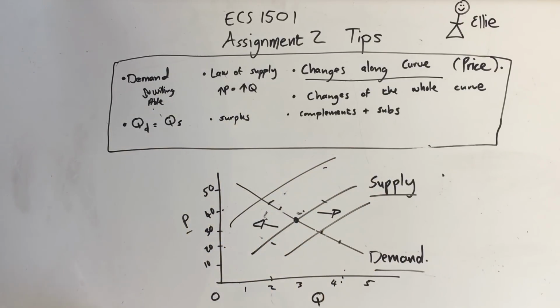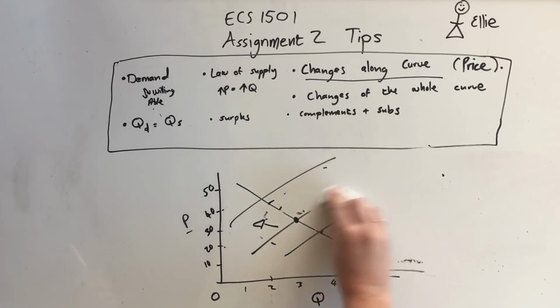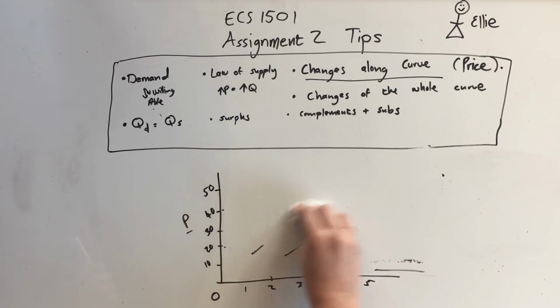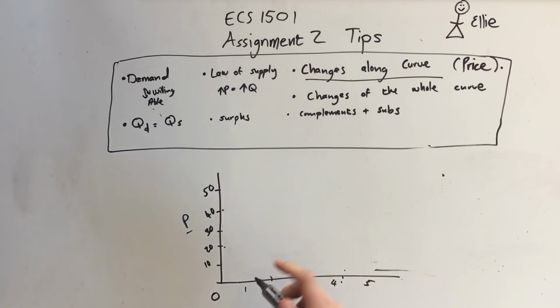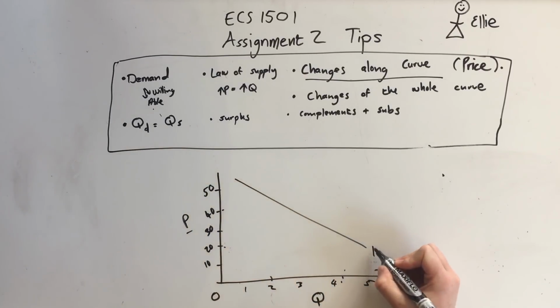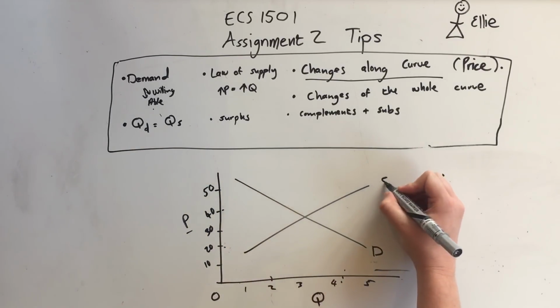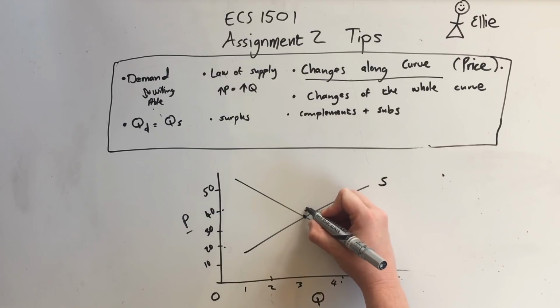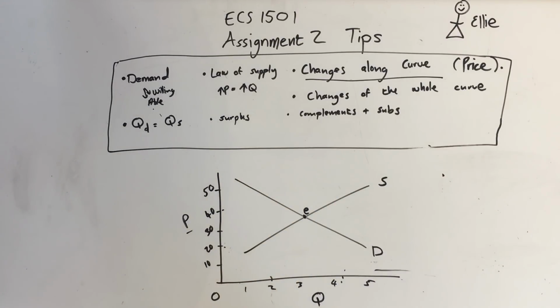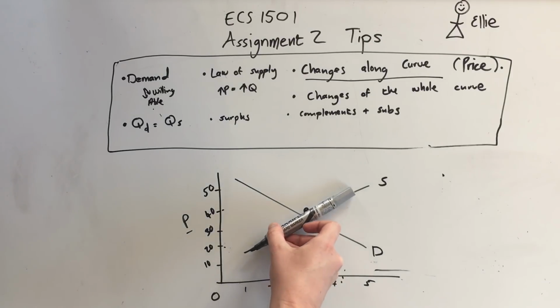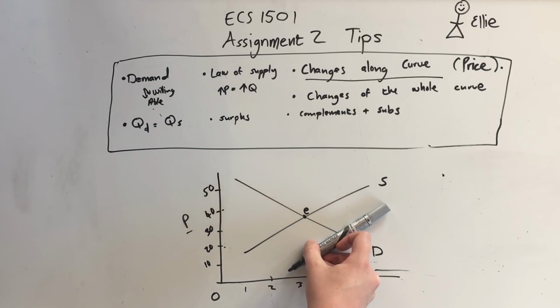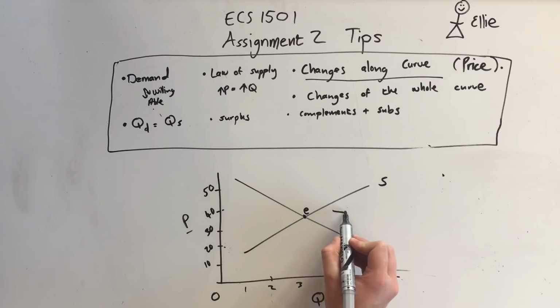Okay, let me erase all of that and do it again to make sure that it's not too confusing. So we have our demand curve as always. We have our supply curve as always and our equilibrium point in the middle where the two meet. Okay, if supply increases for reasons other than price, if the whole supply curve moves out, supply increases this way